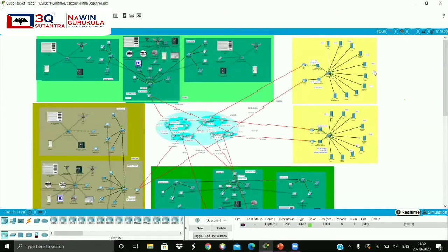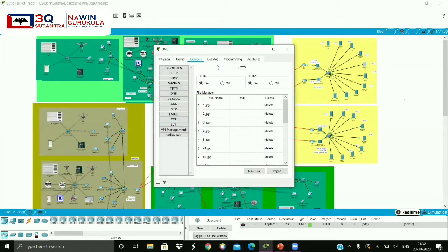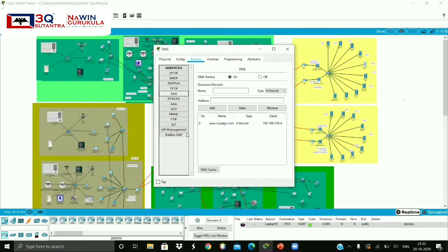And next comes DNS. It is the same as HTTP, you can access a website. The difference is that here the IP address can be resolved. So you can name an IP address by a domain name. I gave 192.168.210.6, and for this IP address I gave a domain name, that is www.mypage.com.